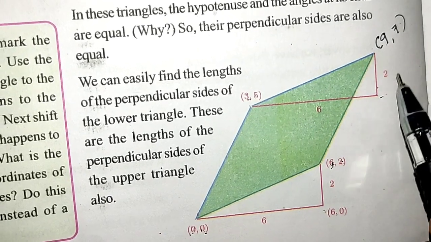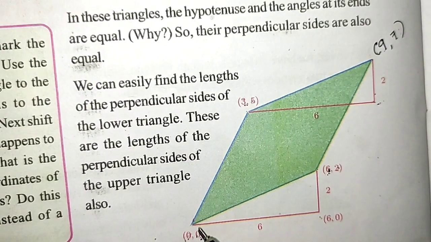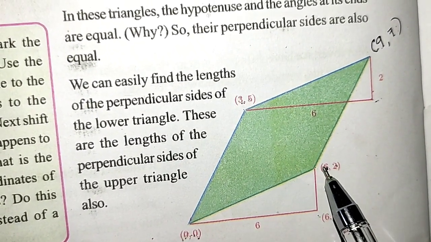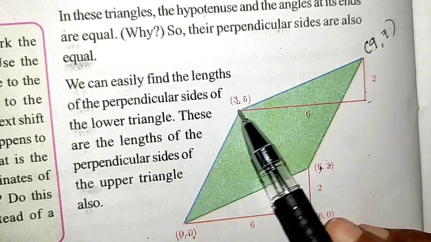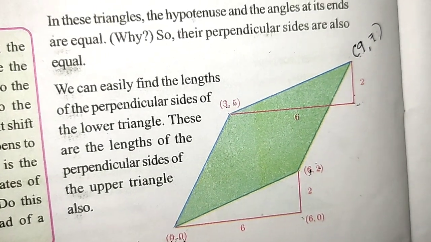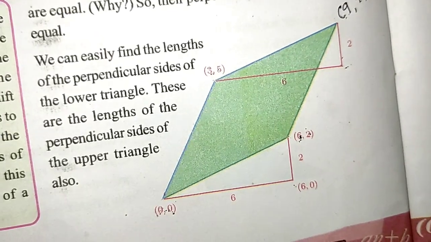Okay, so we can easily find this. No need for this triangle and all. Just look at what change occurs in the first two vertices. The same changes will occur in the second pair of vertices. So keep that in mind, then we can easily find the answer.